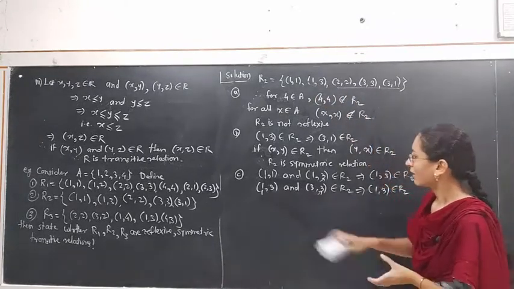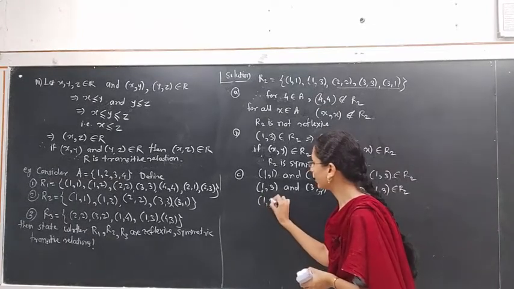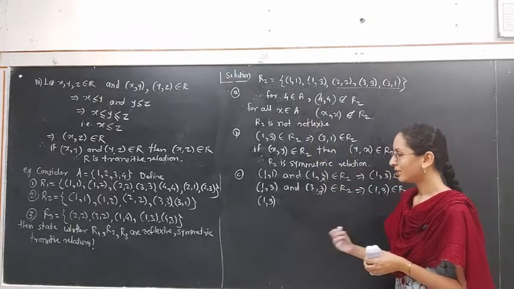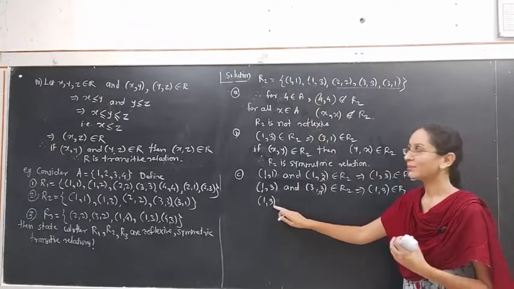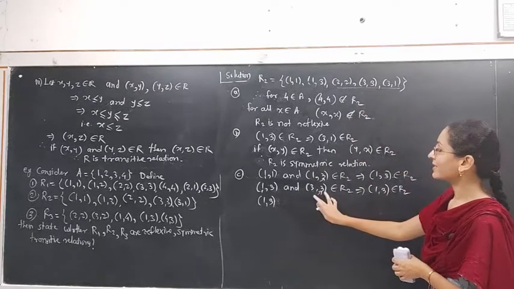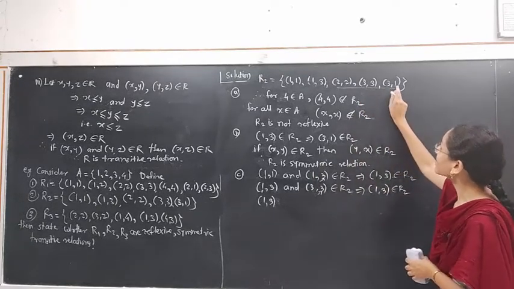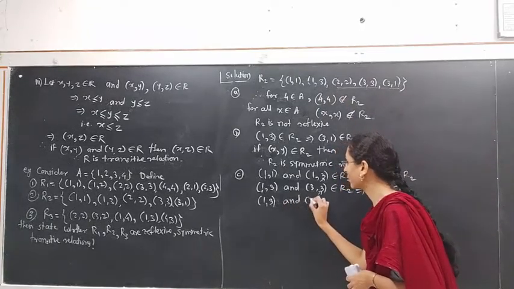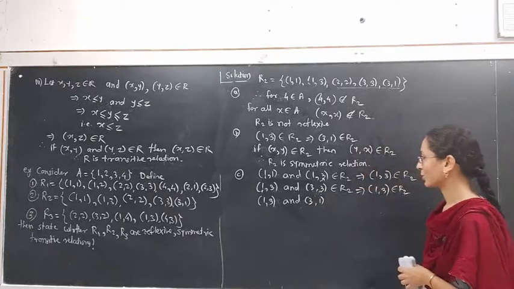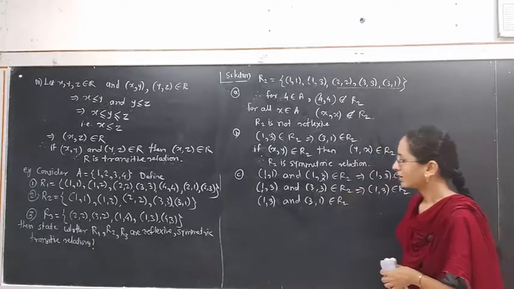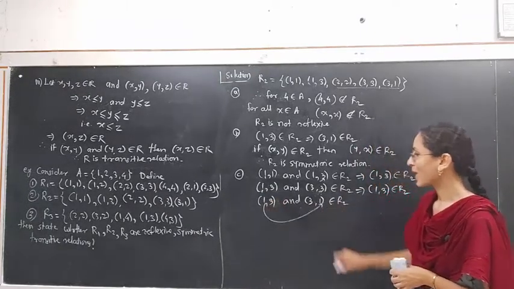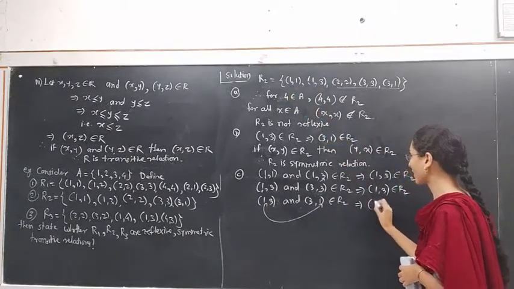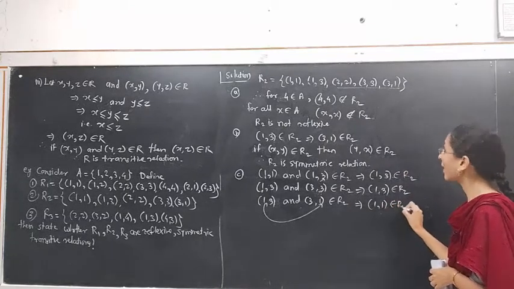Now we have (1, 3). See the other ordered pair of the set R2 in which 3 is related to another element. We consider the (3, 3) ordered pair in the second case. Also (3, 1) belongs to set R2. See whether (1, 1) belongs to R2 or not. The pair (1, 1) belongs to R2. This implies (1, 1) belongs to R2.